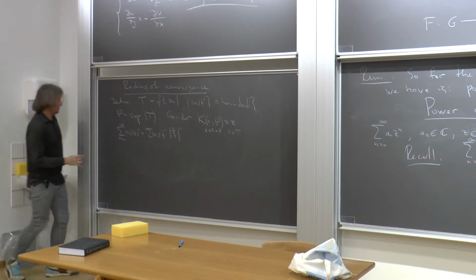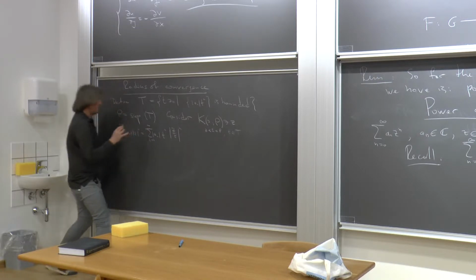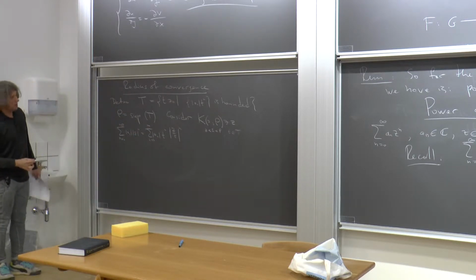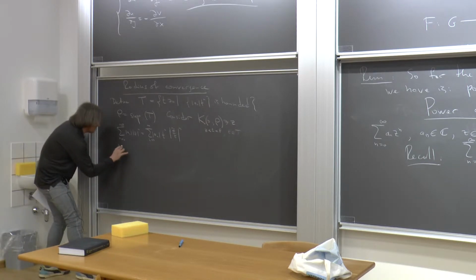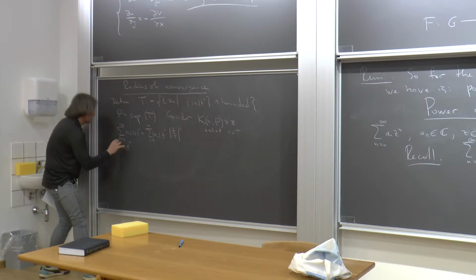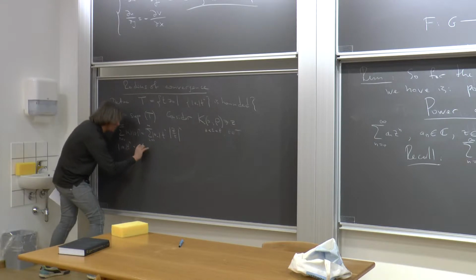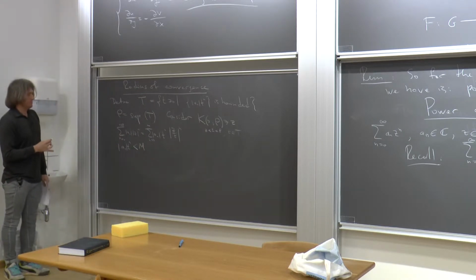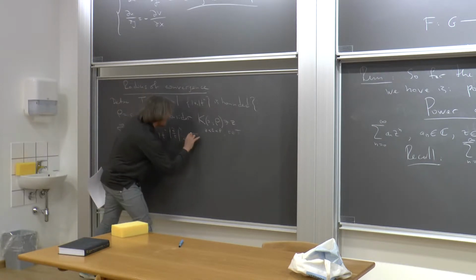And now let's say that these ones, since it's a bounded set, are always less than some number m. So then we can estimate this by some